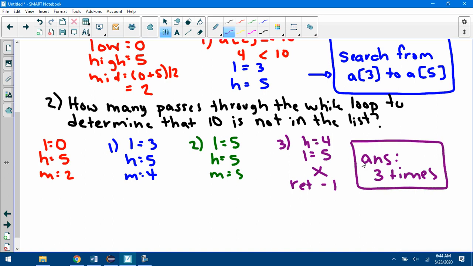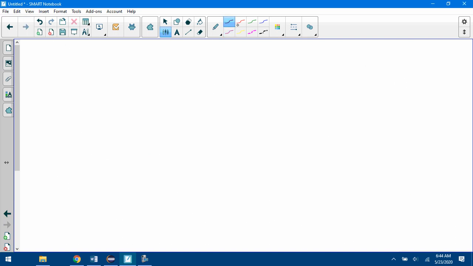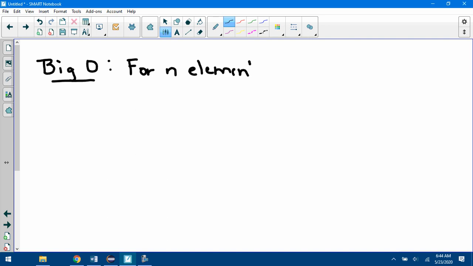Okay, so those are the types of questions you could get asked on a multiple choice test with binary search. Last thing, let's talk about Big O. For n elements, binary search is